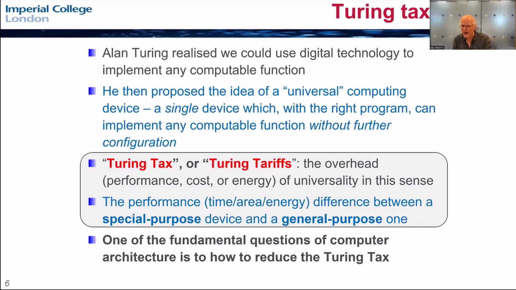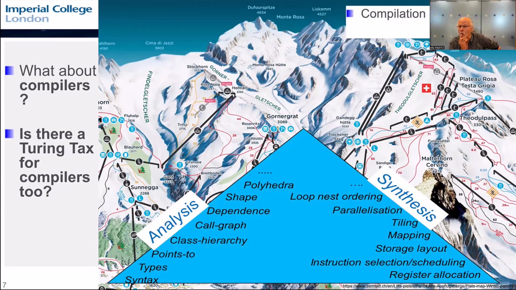Now, a general purpose computer is fundamentally a fetch-execute machine, and that fetching and executing is actually part of the Turing tax, which you might hope to specialize away in a fully specialized ASIC. There are many other things, indeed, many of the things you find in a compiler textbook, in a computer architecture textbook, are either gratuitously increasing the Turing tax in order to go faster, or, for example, with vectorization, we're trying to amortize some of the Turing tax. So there's lots to think about there. And when I teach computer architecture, I kind of think of it that way. One of the reasons I'm telling you about this presentation is to ask whether it applies in compilers as well.